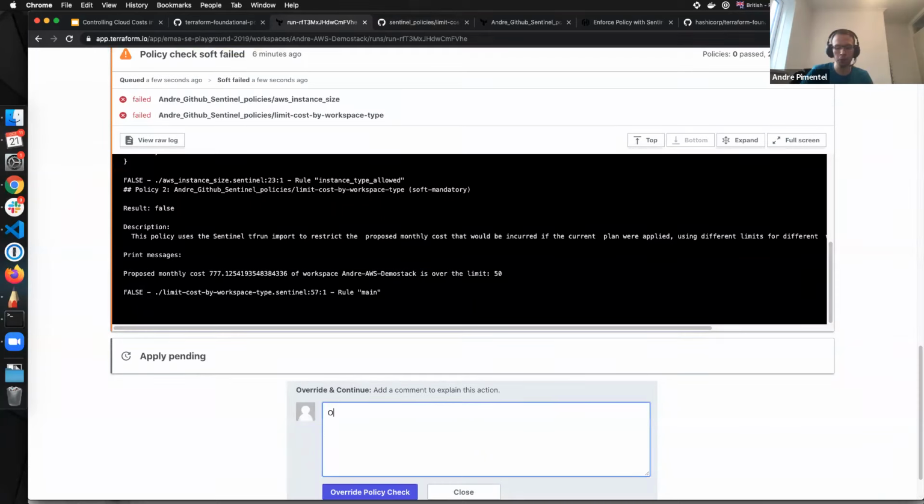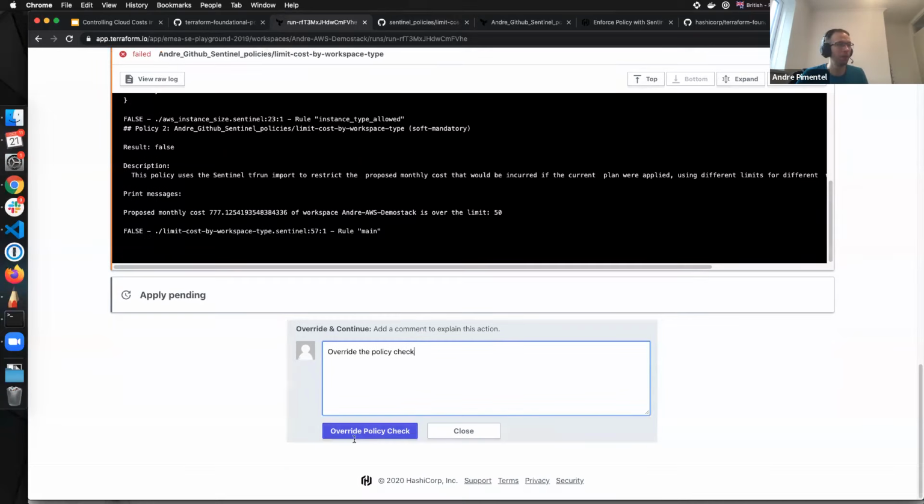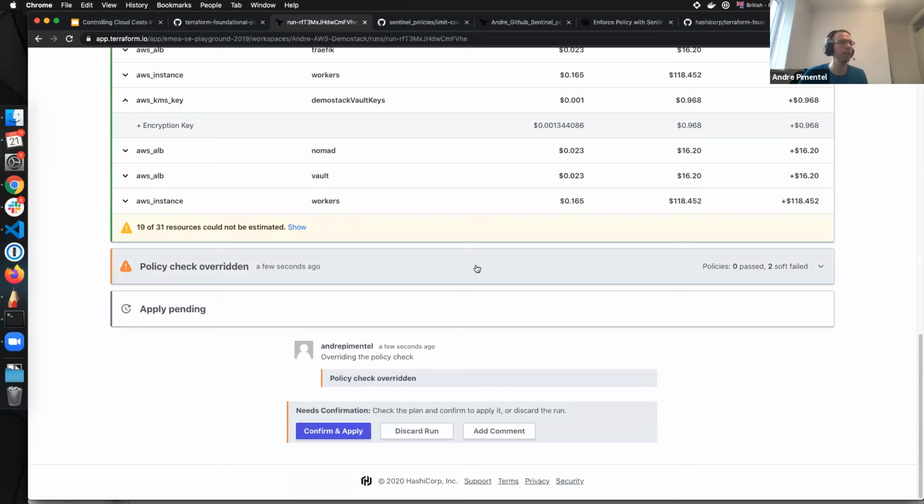So here I can actually override the policy check. By the way, I can do this using the API, of course. And that will go into our audit trail. Overriding the policy check, and I override the policy check. Cool, so that's on my audit trail.